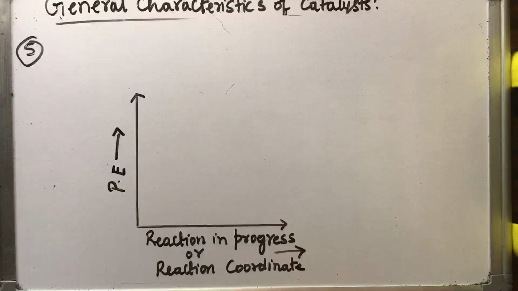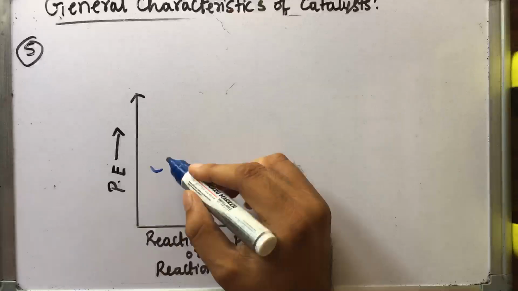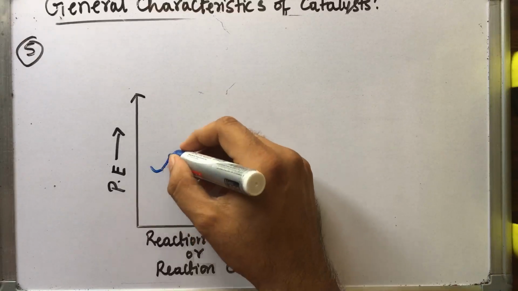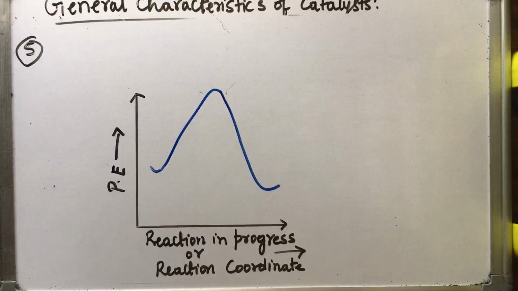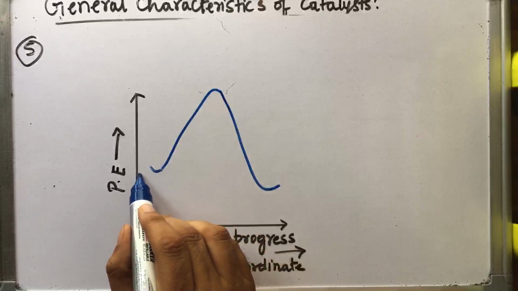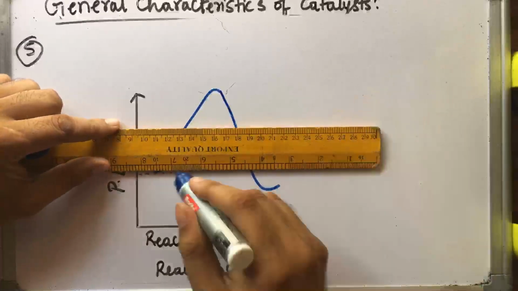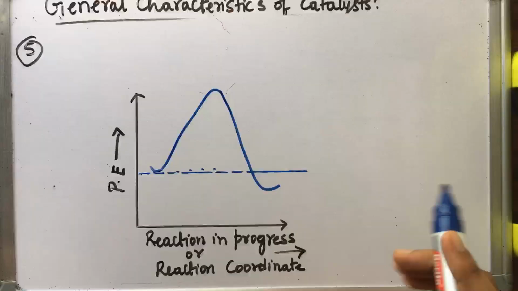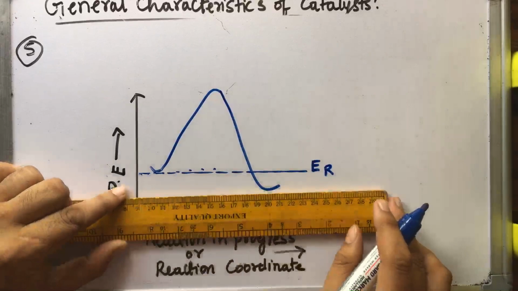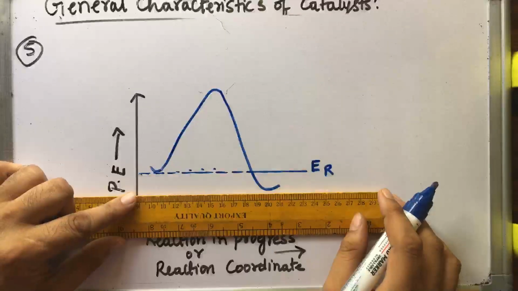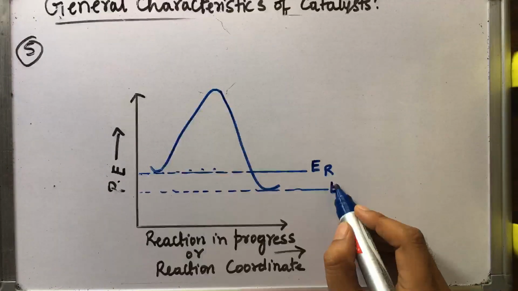Now every reactant would have a certain amount of energy. It has to collide so as to form the products, and it has to form an activated complex, and it has to decompose so as to give the product. Now let me say that this is the average energy of the reactants. Let me call it average energy of the reactant, ER. Let me say this is the average energy of the product, which you have studied in the chemical kinetics chapter. Let me call it average energy of the product.